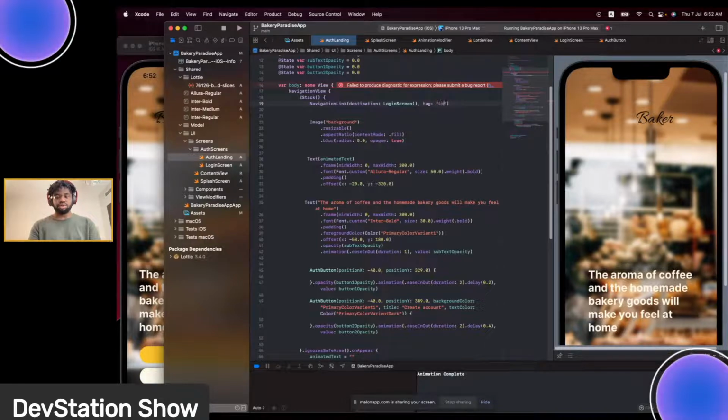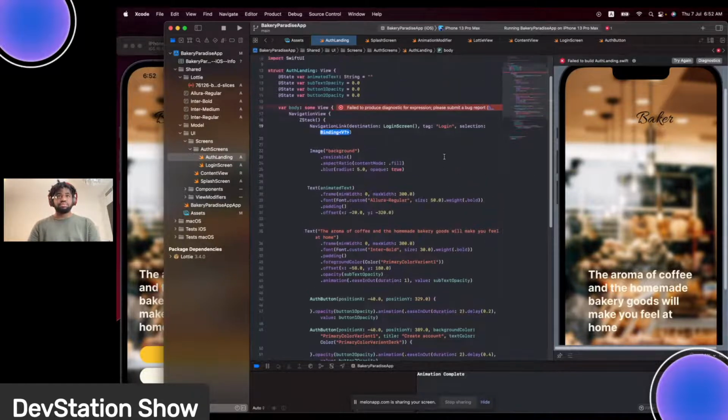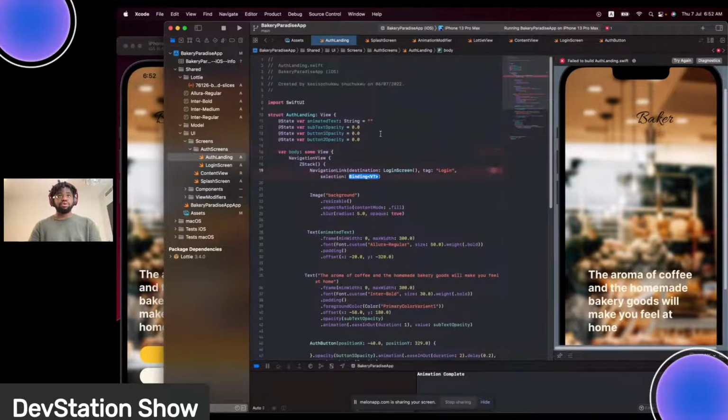It is going to be login, and selection, add a selection property called